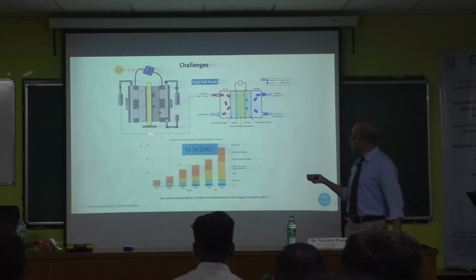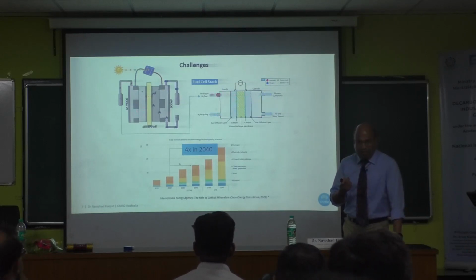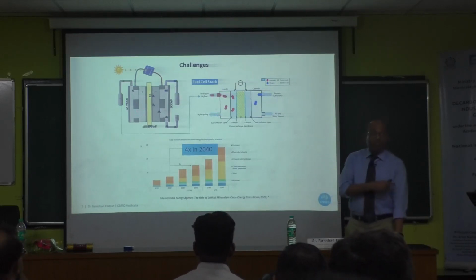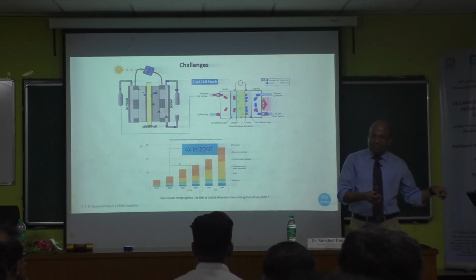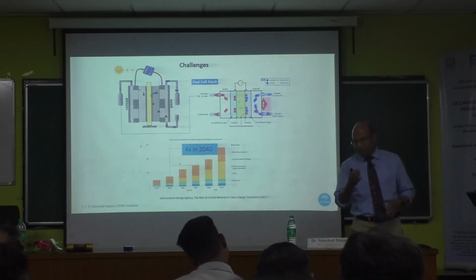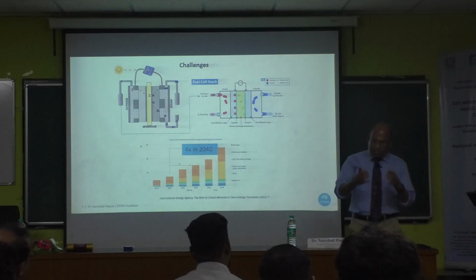Say this PEM electrolyzer, 55 units of electricity are required to make 1 kilogram of hydrogen. Whereas with the solid oxide electrolyzer you need 33 or 35. So you drastically reduce it, but you need to supply steam instead of water. Steam also requires energy. But say you're in a steel plant, you may have some waste heat, free heat. Let's make steam with free heat. That's one way. The second way is CO or your blast furnace gas,